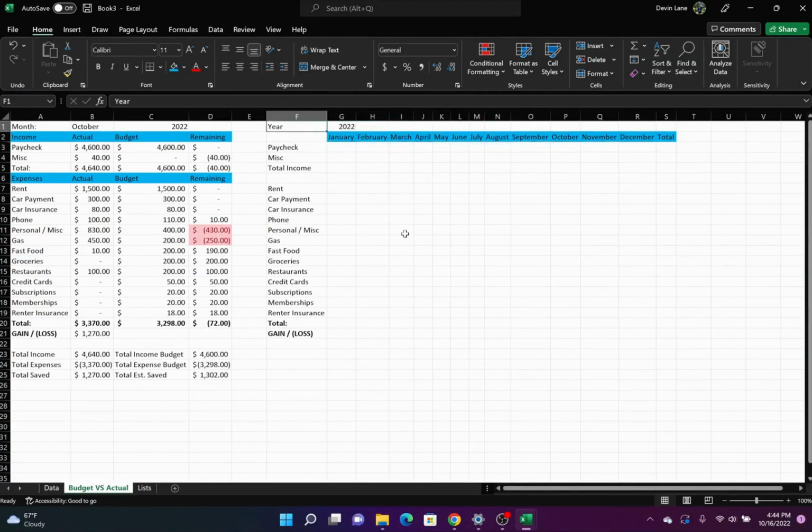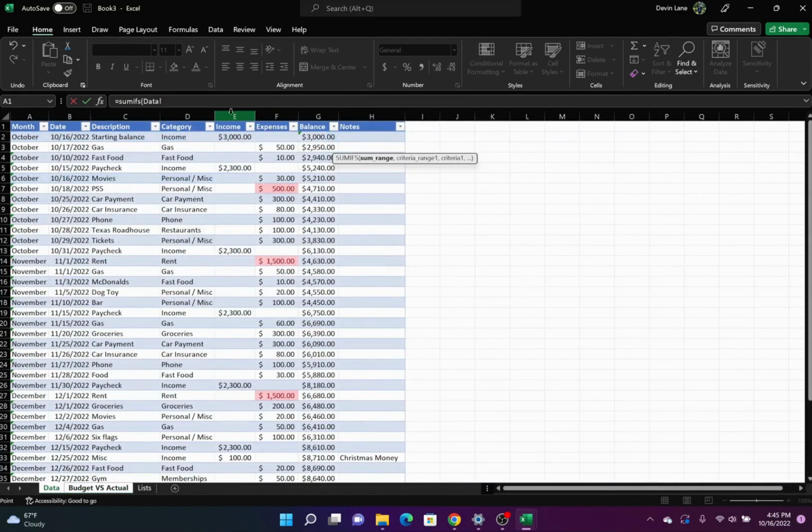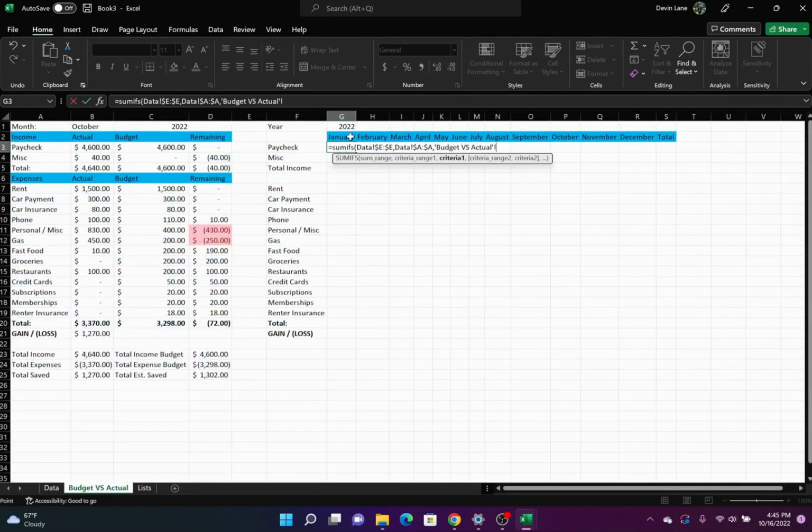Now I'm adding an additional section over here, which is basically our monthly activity for the whole year. It's basically the same formula as this over here, except it's calculating everything so you can see it all at once. So for instance, January, you're going to do SUMIFS. Our sum range is going to be our expenses, or our income, absolute value of that. Our criteria range 1 is our month, absolute value of that. Our criteria is going to be this, do that until